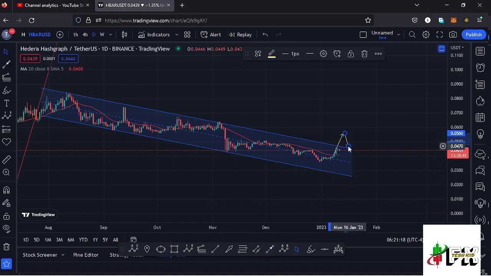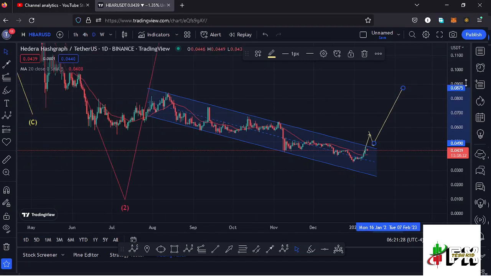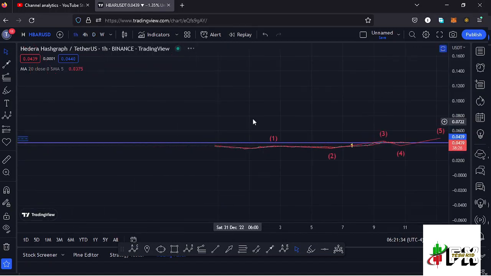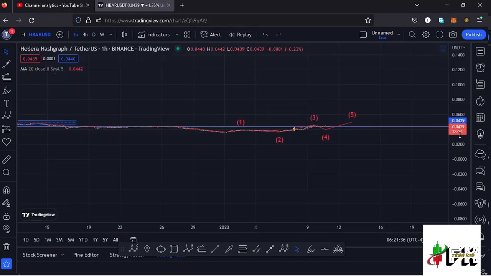And once the breakout is in, then we can expect a retest of that upper side of the channel. Then from there we can continue pushing even higher, and once that move plays out, then that will be the start of that impulsive movement that I'm expecting in the formation of a higher Elliott wave count 3 to the upside. And giving you the short-term scenarios here on the 1-hour chart,